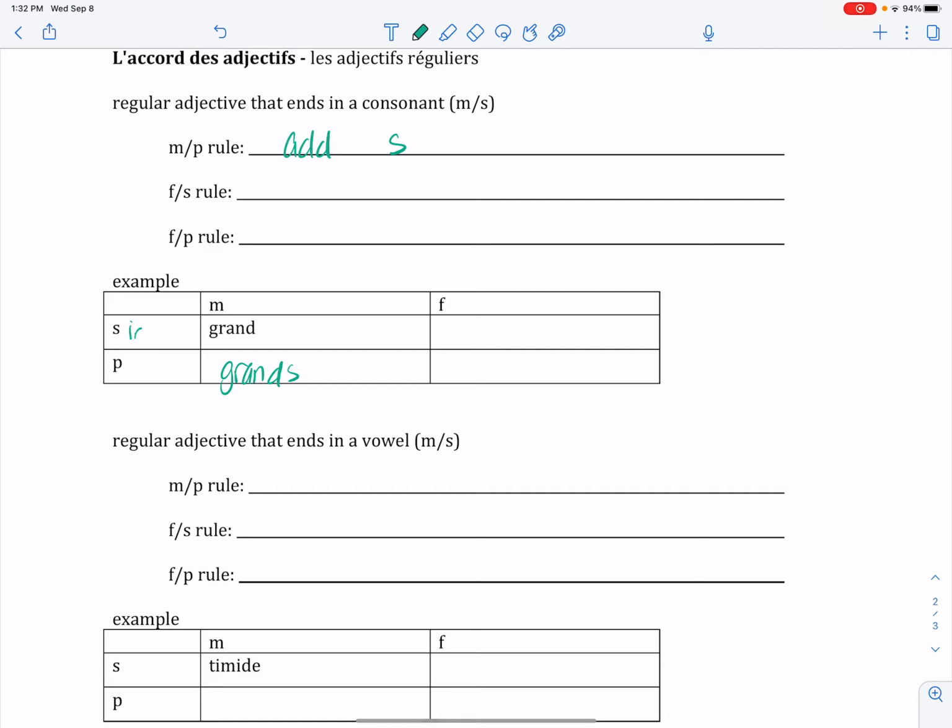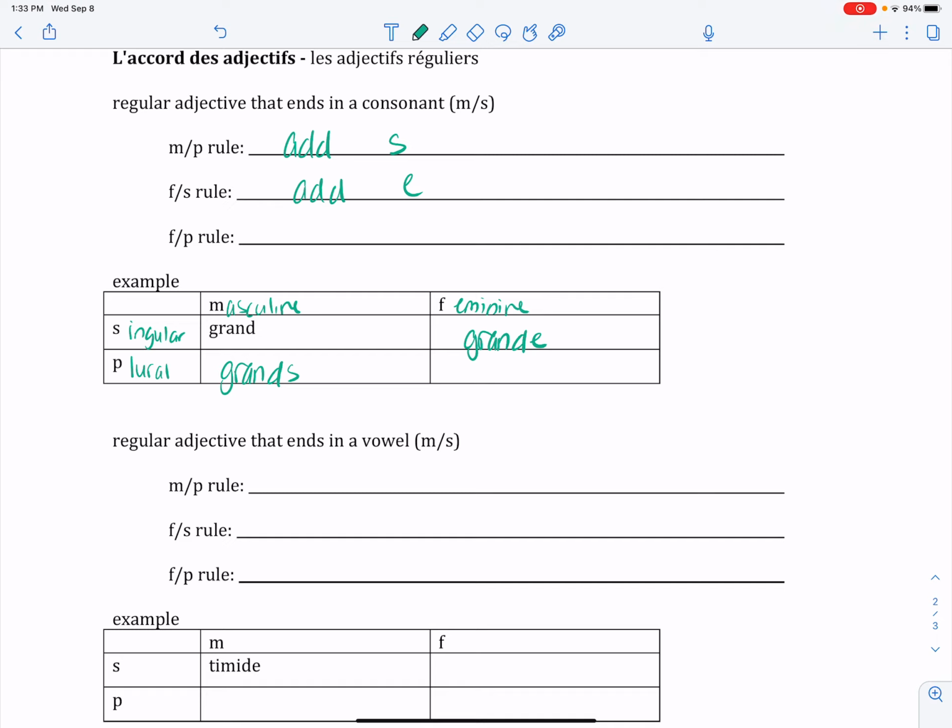And the way this chart is written out, we've got singular, plural, masculine, feminine. To make an adjective feminine and singular, you start with that masculine singular that we had first, the grand, G-R-A-N-D, and you add an E to that. So we have grande. Pronunciation changes. When you add an E to it, now you pronounce that final consonant, whereas you didn't pronounce it when it didn't have a vowel after it. So in the masculine grand, in the feminine grande.